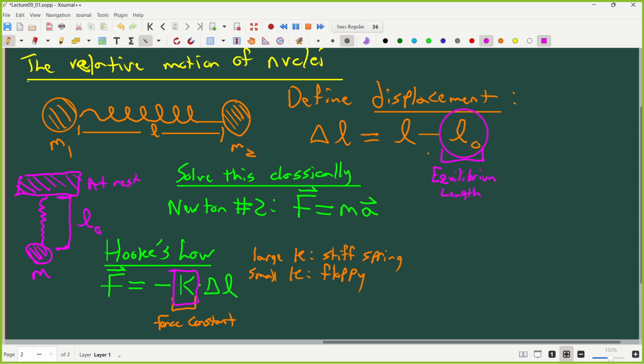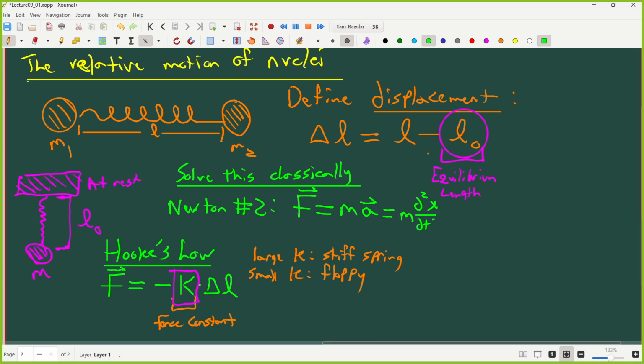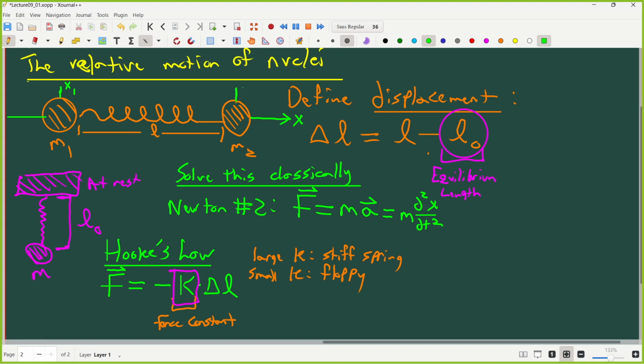Now, what is acceleration? Let's do it the proper way: acceleration is the second derivative of position with respect to time. Remember, velocity is the first derivative, acceleration is the second derivative. So by putting that together, we can calculate the motion of this spring using F equals ma, but here's the problem. Our system depends on two coordinates, the position of m2 and the position of m1. If I put them on an axis system, x, m1 is at x1, and m2 is at x2,